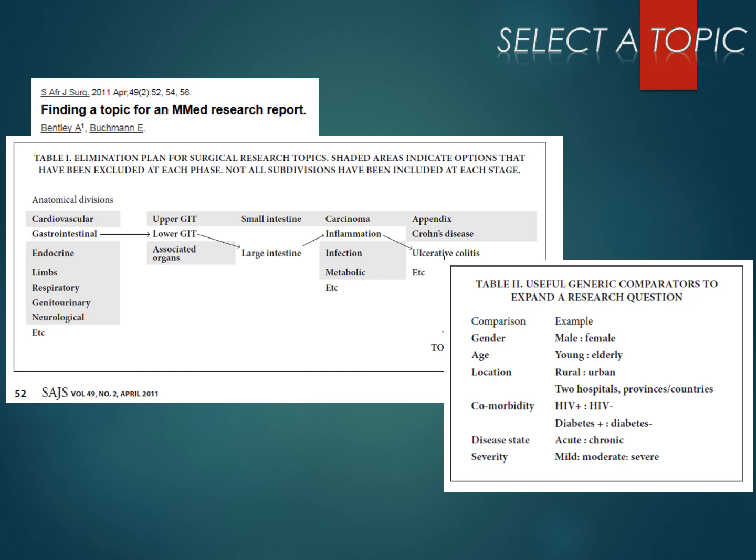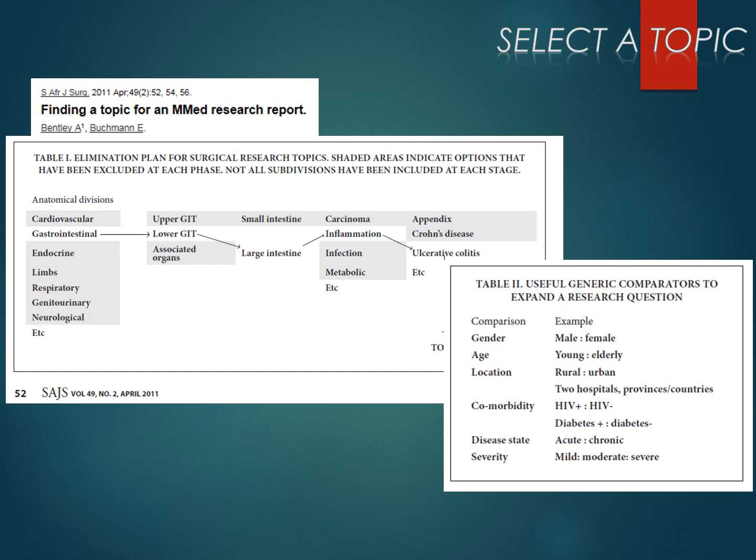So if you're listening to this presentation, you probably already have a topic in mind. But here is an example, especially if you wish to guide a training surgeon into finding a topic for their master's level research. This paper was published in the South African Journal of Surgery by Dr. Alison Bentley. And in Table 1, it shows a nice elimination plan for surgical research topics, starting with the anatomical